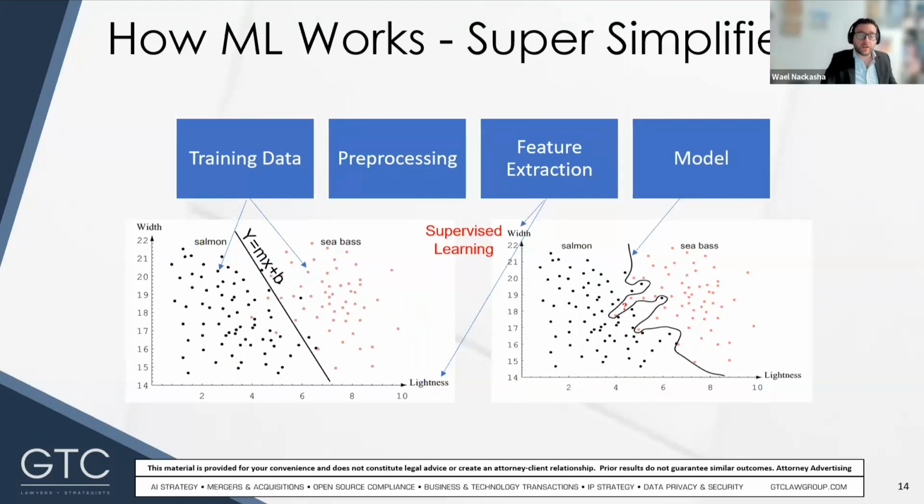Then what you need to do, you need to extract features. The algorithms cannot understand the content of a fish image. The image is literally a set of pixels, and each pixel is represented by a number or more that is displayed as color. These numbers are all what the computer sees. So we may need to extract features, like in this case, width and lightness of the fish from each image, and then try to classify the fish based on these features. Someone else might choose different types of features. For example, the pixel colors.